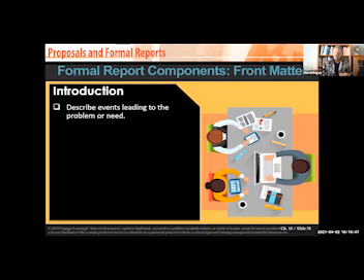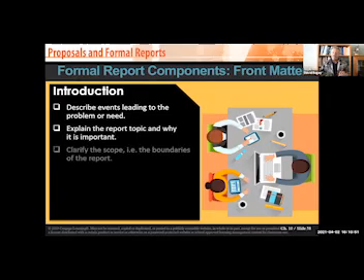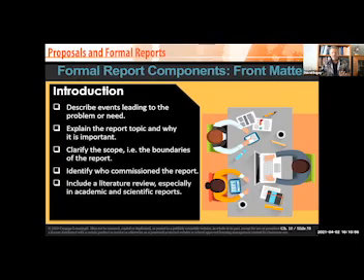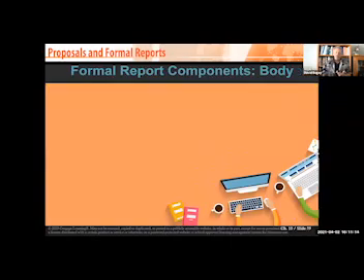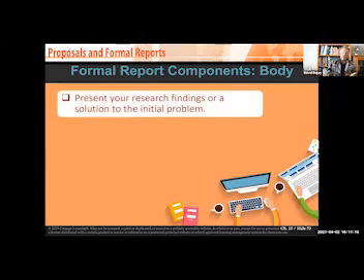On the introduction, you'll have a lot of reading of your introduction, so talk about events. Make this an interesting part of your front matter, clarify the scope, identify a commission to report, and that way anybody that picks it up will sit down and look at it. I've had cases where somebody submits a report and I hand it off to somebody else. What's this? I'll just read the intro, and the intro is really well written. Sometimes if they read it and the intro is not well written, well, what is this about again? You have to state the problem clearly, right up front. That's all the front matter.